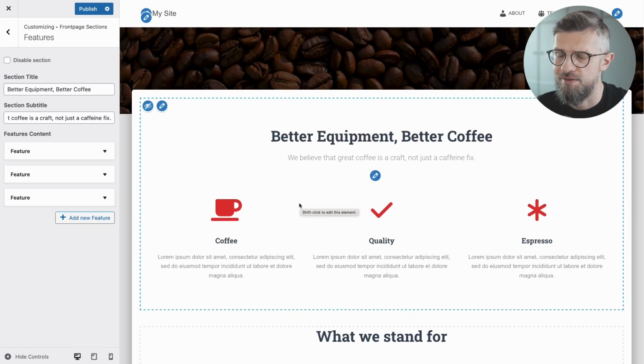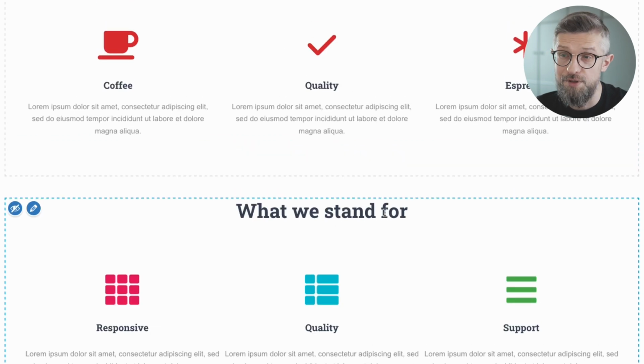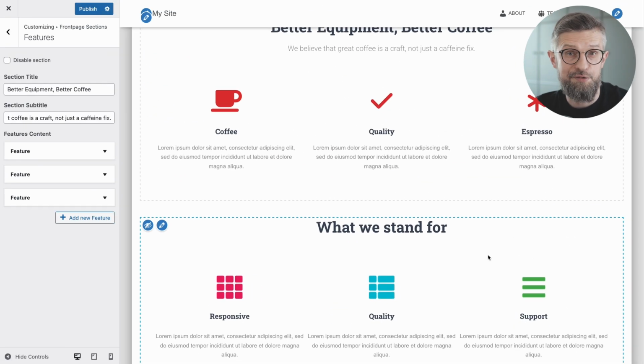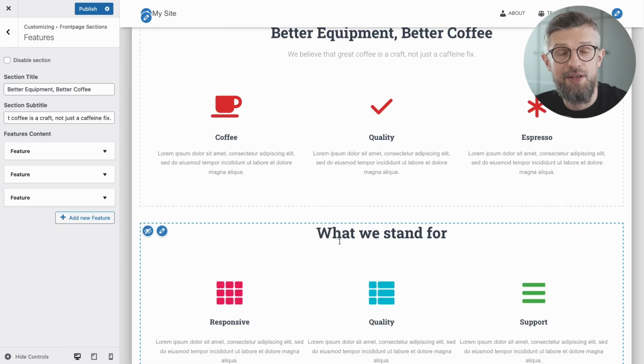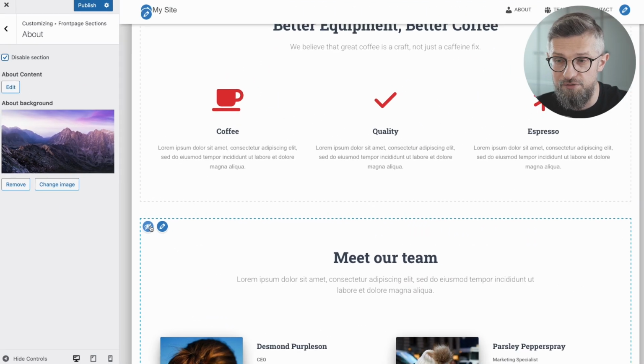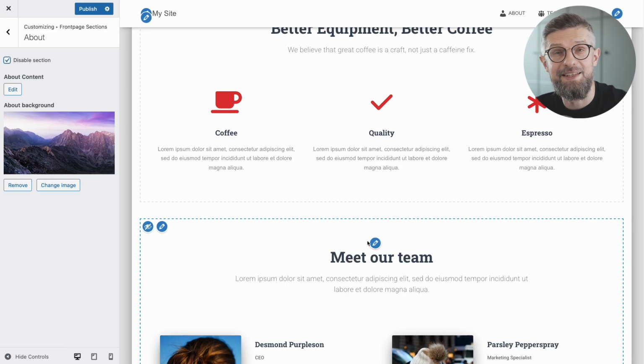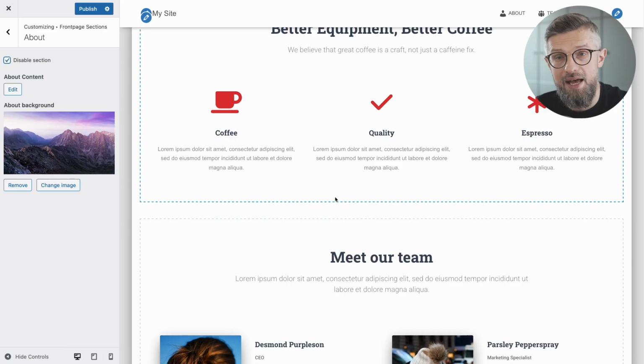Then next section. This one is pretty similar in design to the previous one. So if you need a second one like this one, you can also edit it, customize it, add your own content. And if you actually don't have a need for some of the sections, you can disable it from view and it's just gonna vanish. I mean, it is still there, you can still bring it back, but for now you've just disabled it from